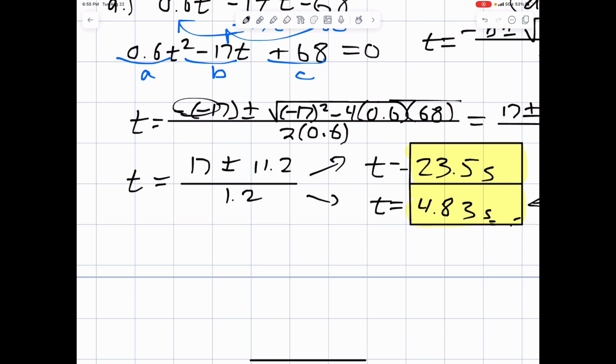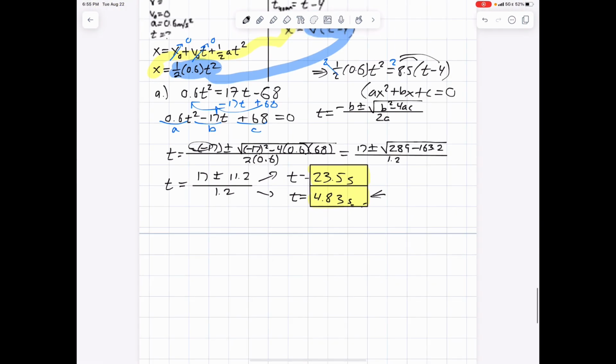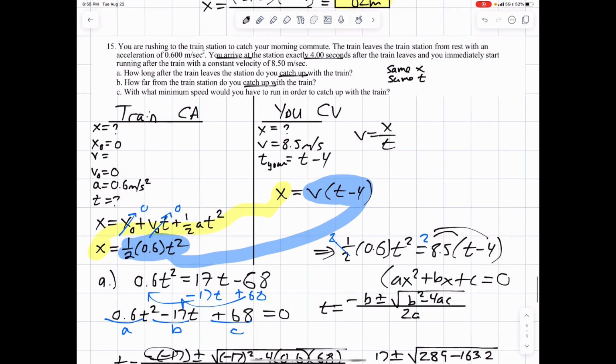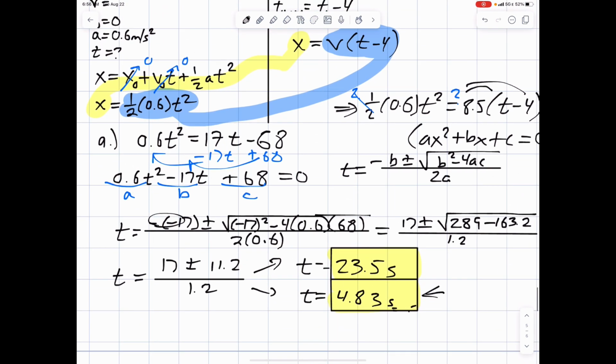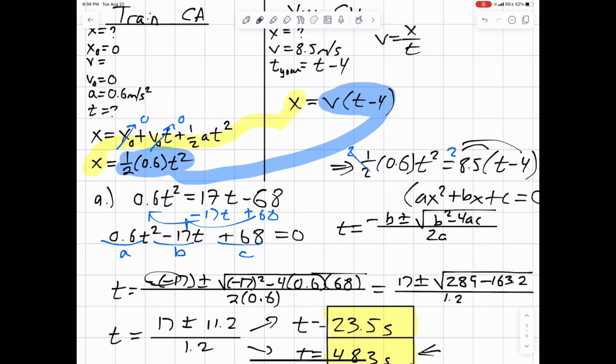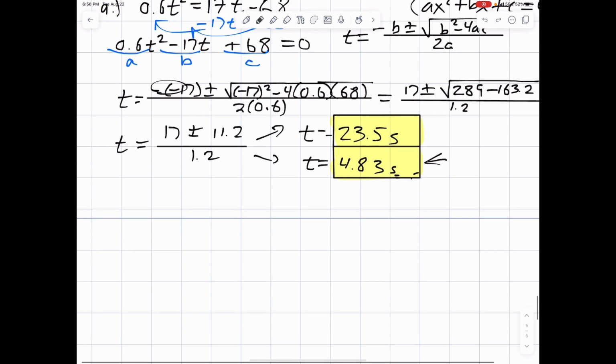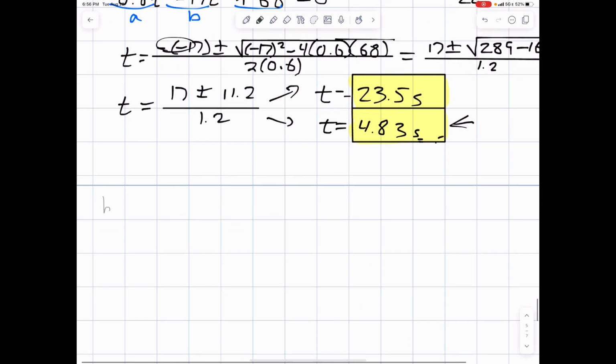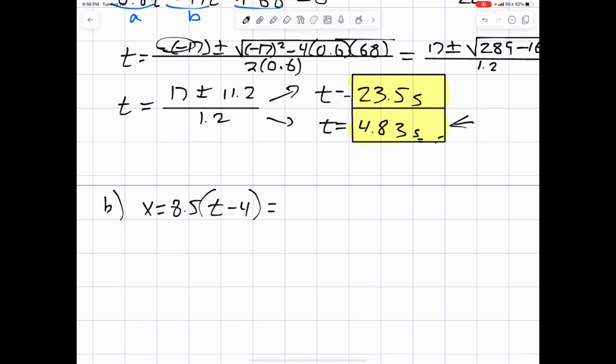All right, now part B is asking for how far. So you're going to pick one of those t values. Just pick one, it doesn't matter. You could pick this one, or you could pick this one. They're both pretty easy to work with. So for part B, x equals 8.5 times t minus 4, which would be 8.5 times